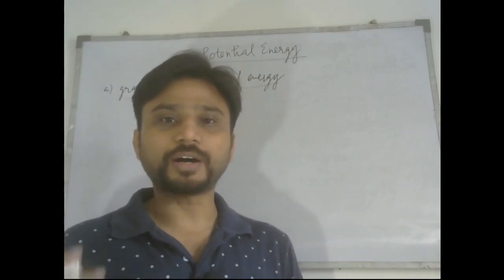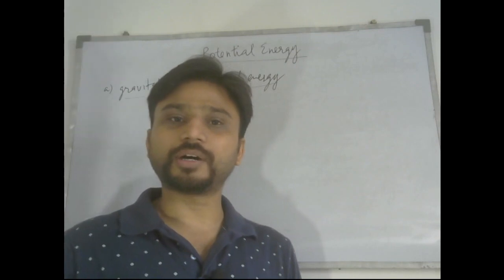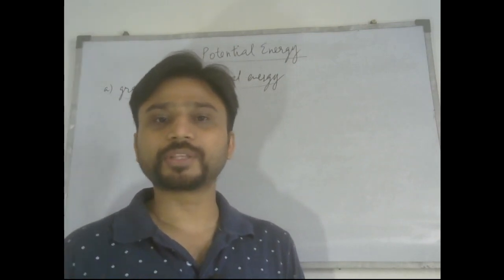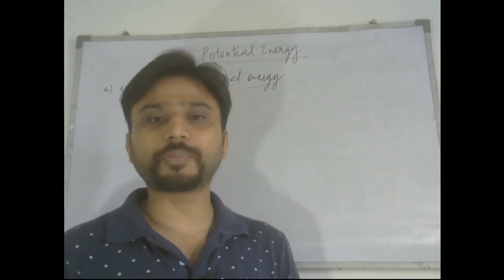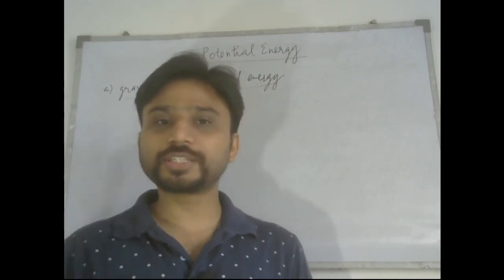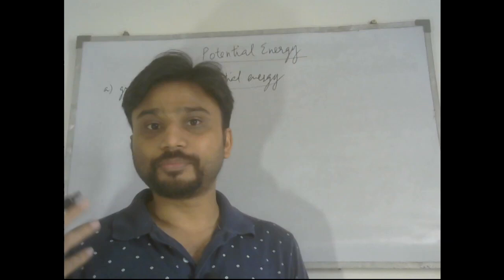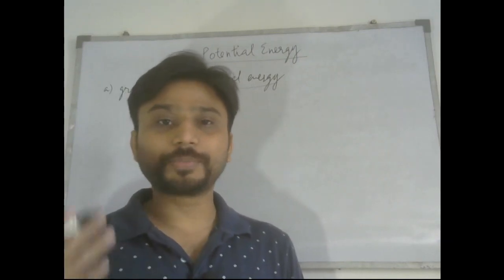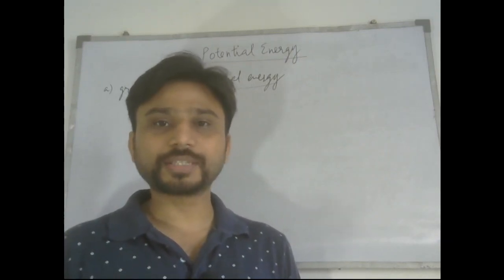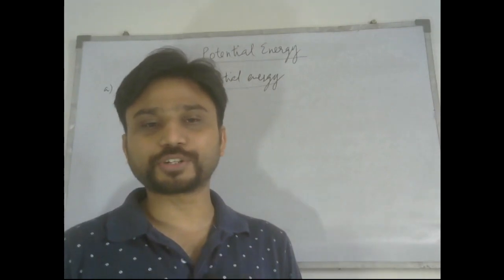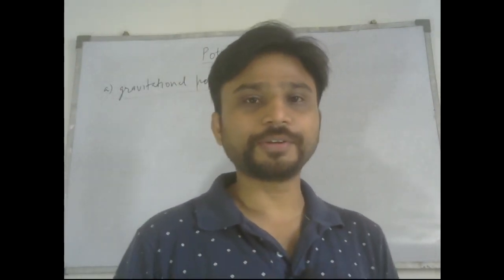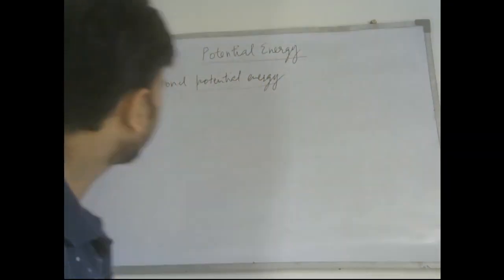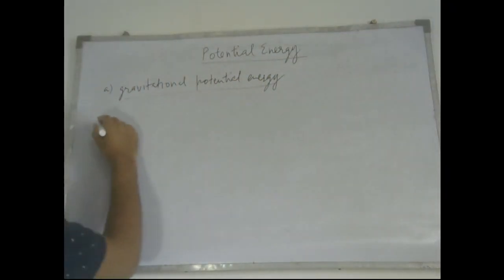No matter how I reach from the bottom point to the upper point, by a lift or by stairs, it does not matter what path I am taking. The potential energy of that block would be the same in both cases. So this is the idea of gravitational potential energy. So how do we define it? To define it, we write a formula, that is, the change